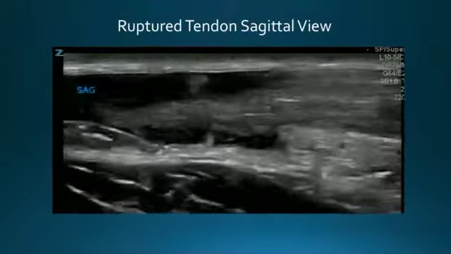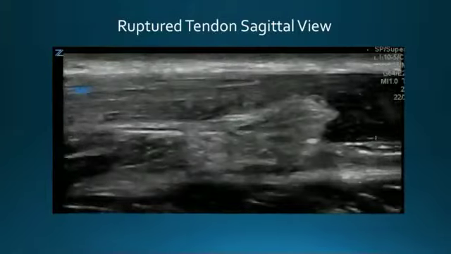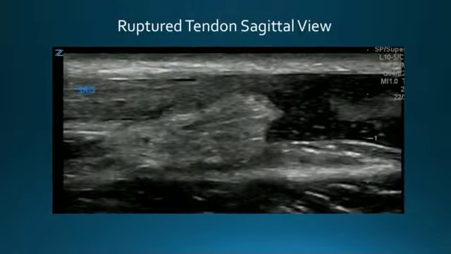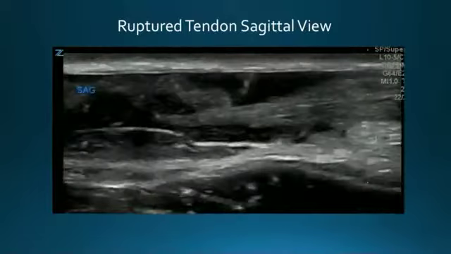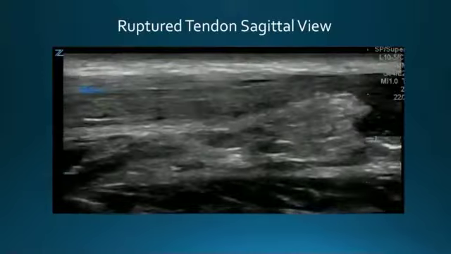Here's another example of a ruptured tendon in the sagittal view. Here you can clearly see the normal paintbrush appearance of the Achilles tendon, which then devolves and shows a large fluid collection or edema surrounding the